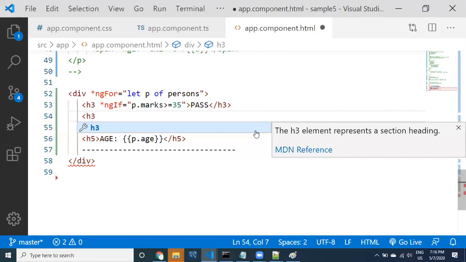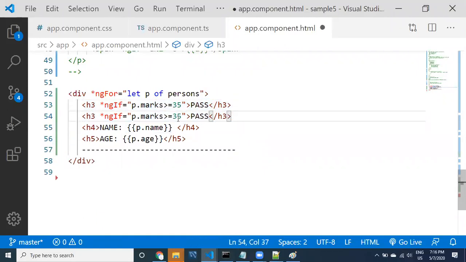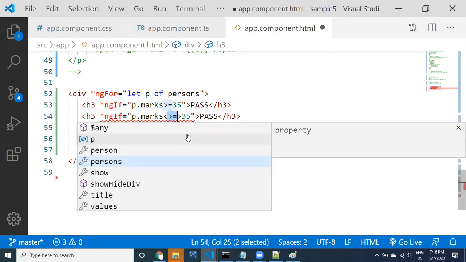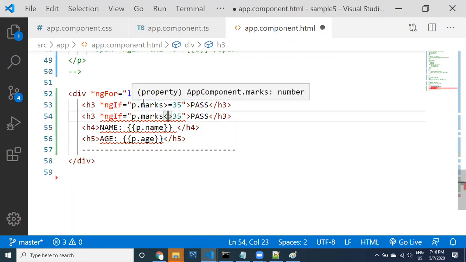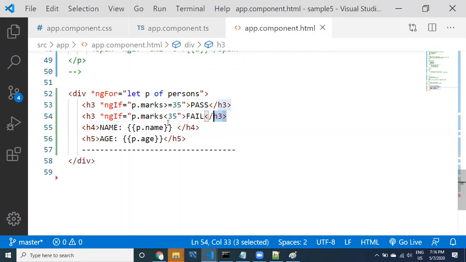You can take the same thing, h3, p.marks less than 35, then you have to display fail. So of these two h3s, only one is going to get printed. If it is greater than or equal to 35, this is going to get printed. If it is less than 35, then that one is going to get printed.